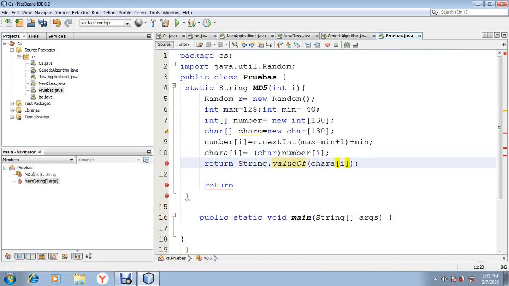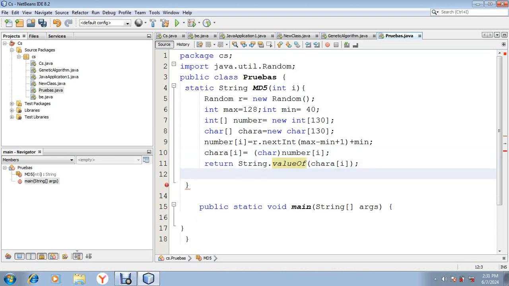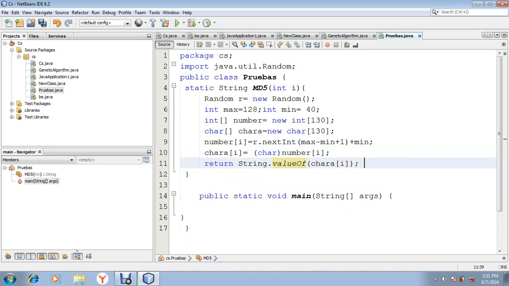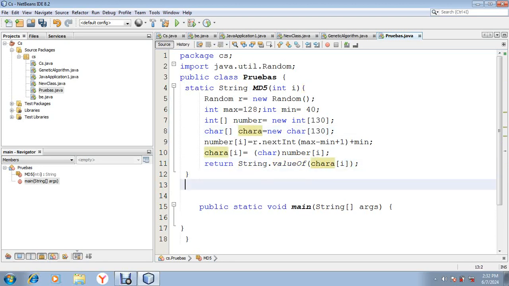As you can see, that valueOf has all the data types that transform the string value of integer, boolean, and characters, and all types of numbers. Okay, let's create our